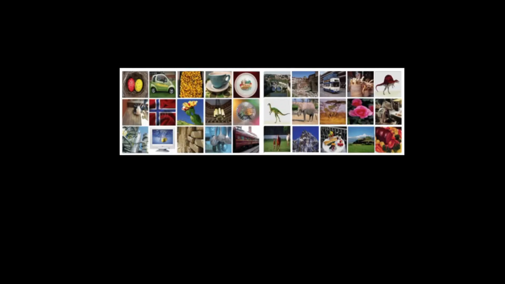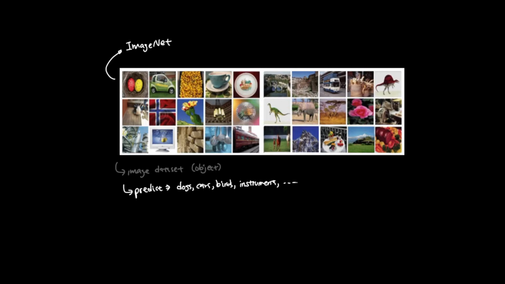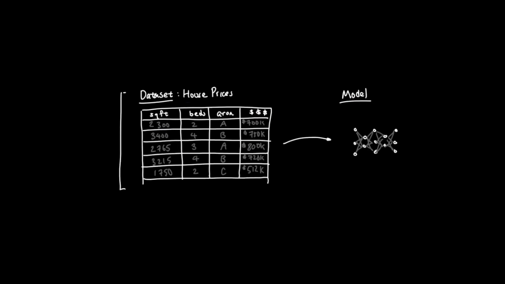A larger and more famous image dataset is ImageNet. ImageNet is a massive image dataset organized around object categories and became especially important because of the ImageNet challenge. Instead of predicting only the digits from 0 to 9, ImageNet models had to classify images into many different categories like dogs, cars, birds, instruments, and other objects. The task changes, but the supervised learning structure is the same.